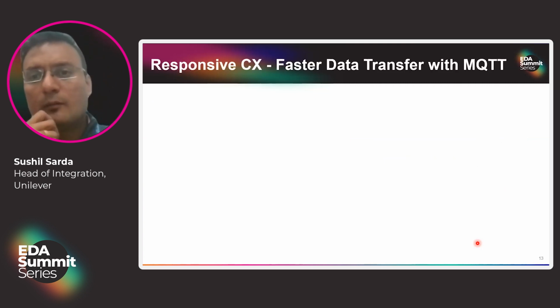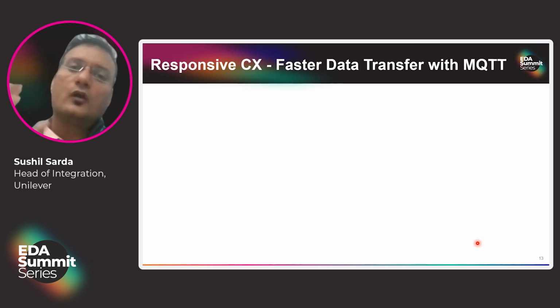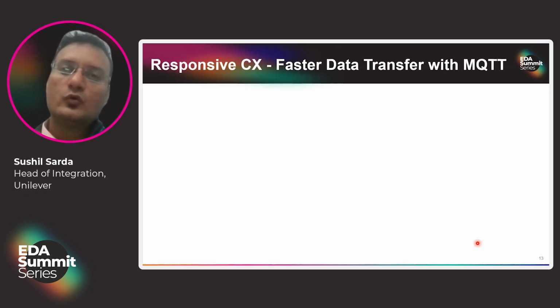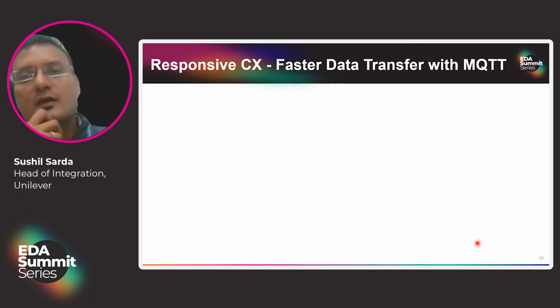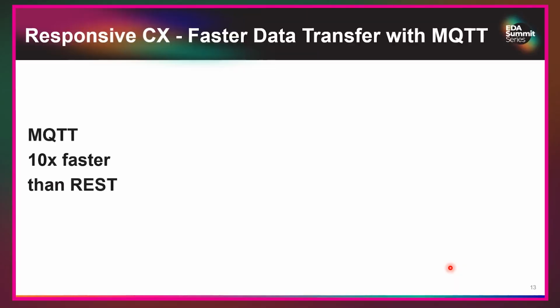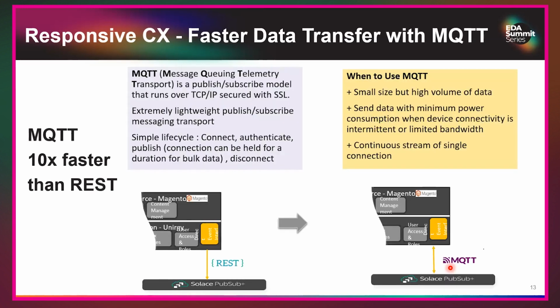One thing which I want to call out is the protocol which we use. When you publish data from Magento to Solace, you can have various protocols. It could be REST-based, it could be MQTT-based, and there are many more. Mostly, all of us use API-based integration, so we use REST. In our case, we tried even MQTT, and what we observed was that MQTT was 10 times faster compared to REST. When I say 10 times faster, I mean when data gets transferred from one end to another, from